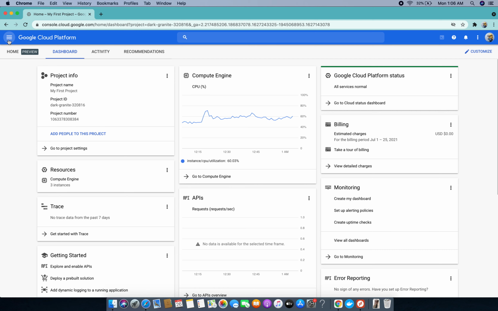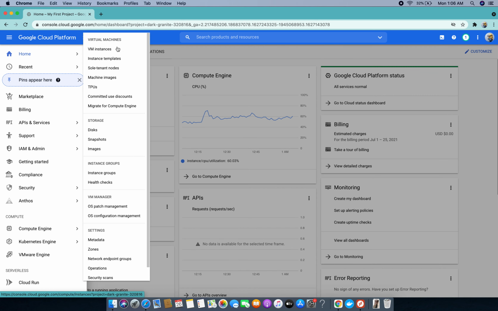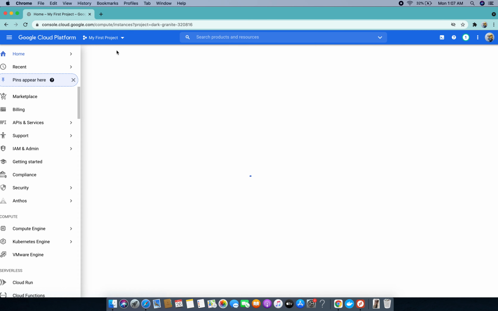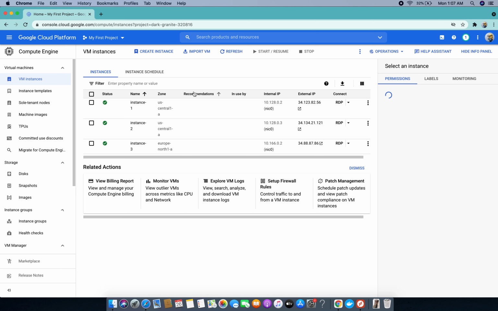Then I will click on compute engine, and we will go to VM instances because we want a cloud RDP, a remote desktop application. Here I'm already having 3 RDPs, but to show you how it works, I will create a new RDP. I will click on create instance.